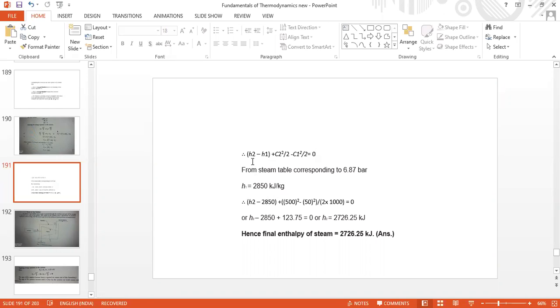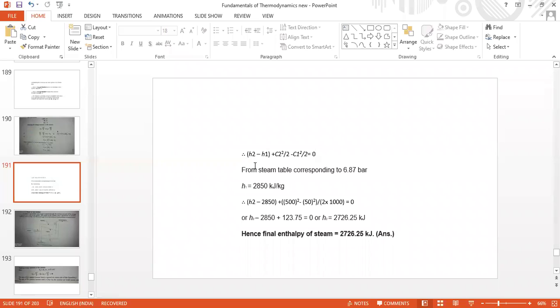There is a procedure to interpolate at the required value, but it is not required for small differences. If 205 is given and the value given in the steam table is 200, then you can write straight away, read under 200 and justify by looking at 200. So the value H1 is 2850 and this is substituted here. And this is in kilojoule per kg from the steam table.